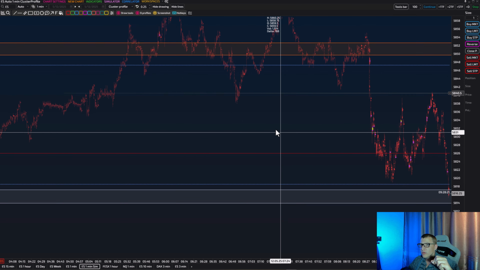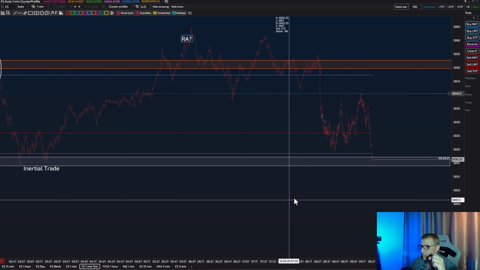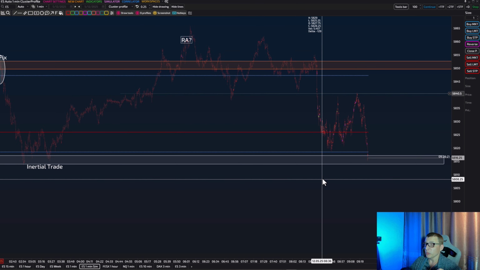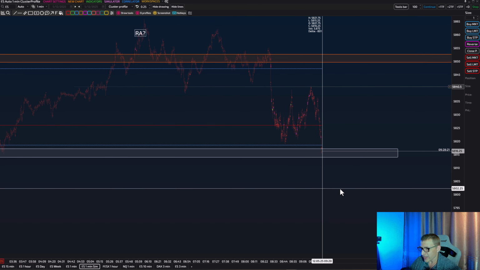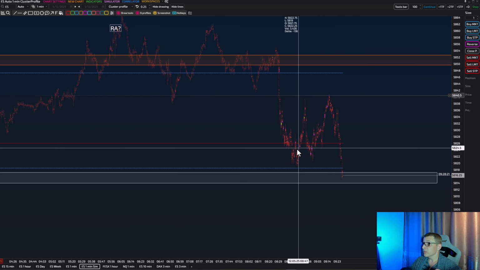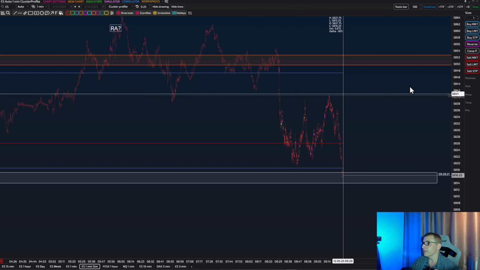We already saw that an institutional trader joined the auction. Now we need to see an intraday institutional trader joining that bigger institutional trade. You see the logic behind my words. And how could an intraday institutional trader show himself? By, you would call it, sweeping liquidity. We need to see a spike here. See what happens next. This is why we could not take a trade early here.